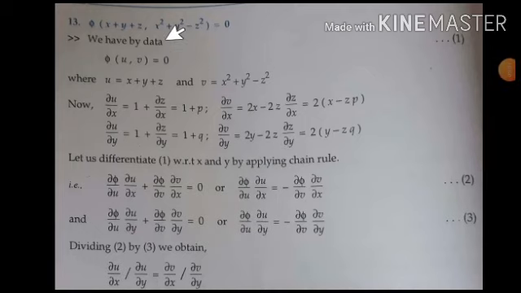Next, we move on in formation of partial differential equation by eliminating arbitrary function. This is the third type of problem where function phi we need to eliminate to form a partial differential equation. But observe it, a phi function is of composite function. Phi is function of u and v, and phi function is equated to 0 to form an equation. The function is of different kind here.